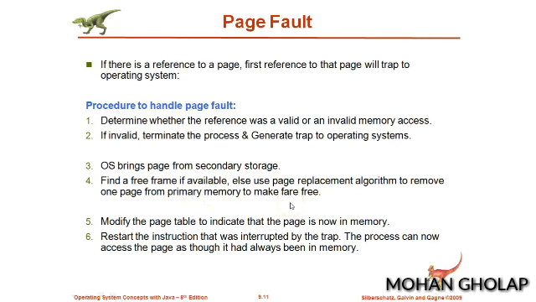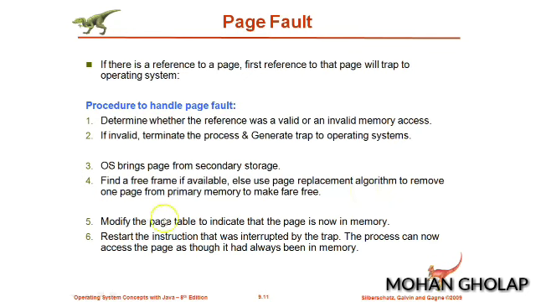Here in the second step, if the page is not available, it will be invalid. If it is invalid, the operating system needs to bring that page from secondary storage to the primary storage, but on the primary storage there should be a free space. If there is no free space, we have to create a free space. In order to create a free space, we have to replace a page which is not in use, and for this we have certain algorithms, which are nothing but the page replacement algorithms. These we will discuss in the next sessions.